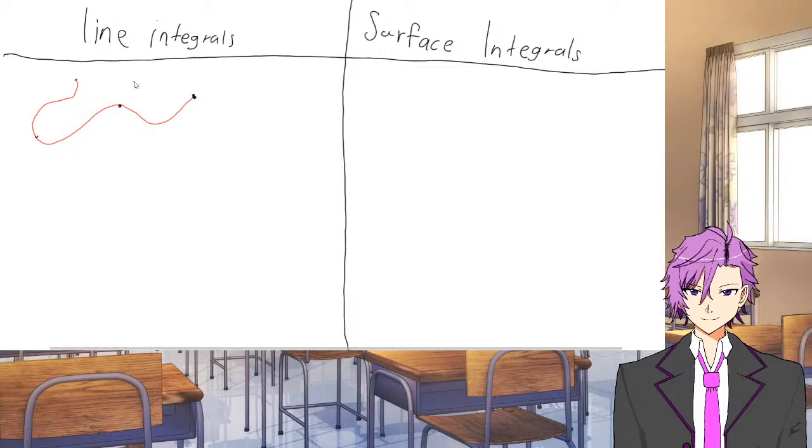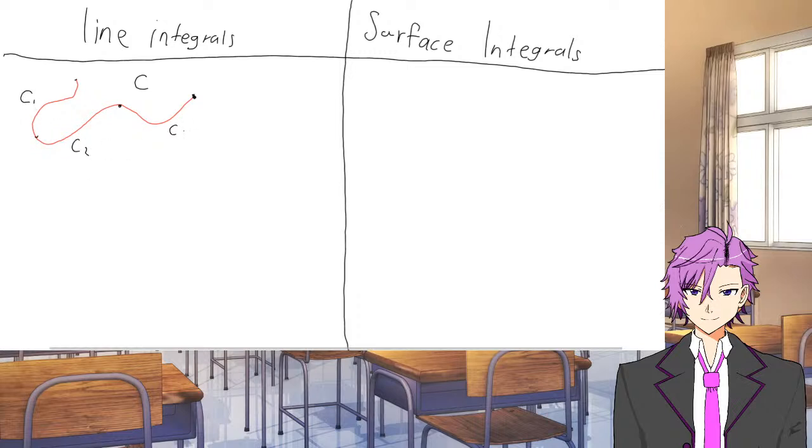So the entire line is actually known as C, and then these dots here are actually the sections of lines. So if we see this first section of lines, this would be C1,